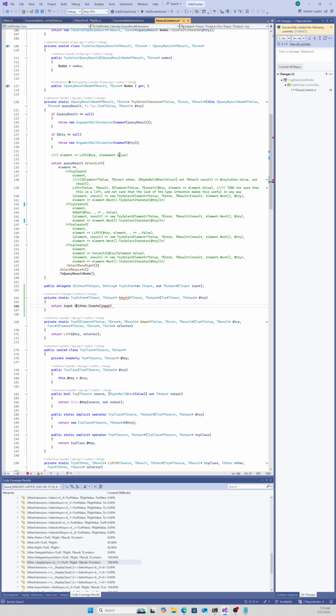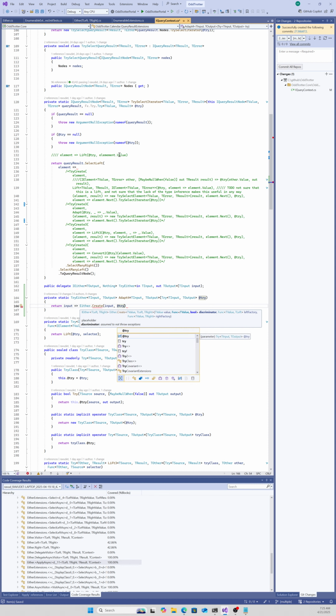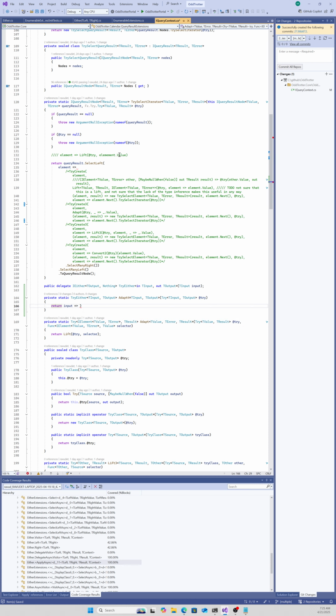Return input yields either dot create with input with try. There we go, try create with input with try with